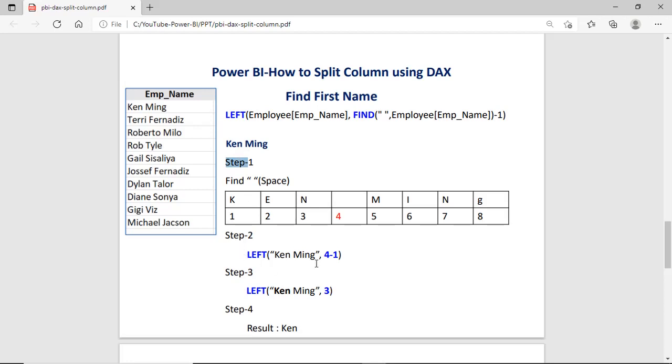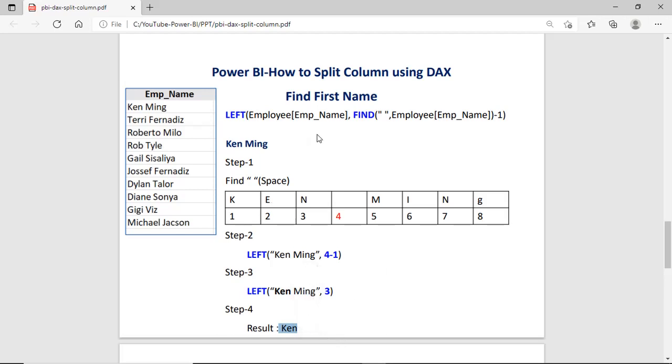In the second step, we have mentioned 4 minus 1. Why? Because we want to pick the 3 characters from the left side, not including the space. That's why we have mentioned the minus 1 here. In the third step, from Ken Ming, LEFT 3 characters, 3 characters from the left side, and the result is Ken.